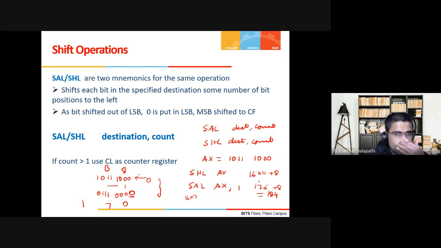But if you take AX this way, AX is 00B8.